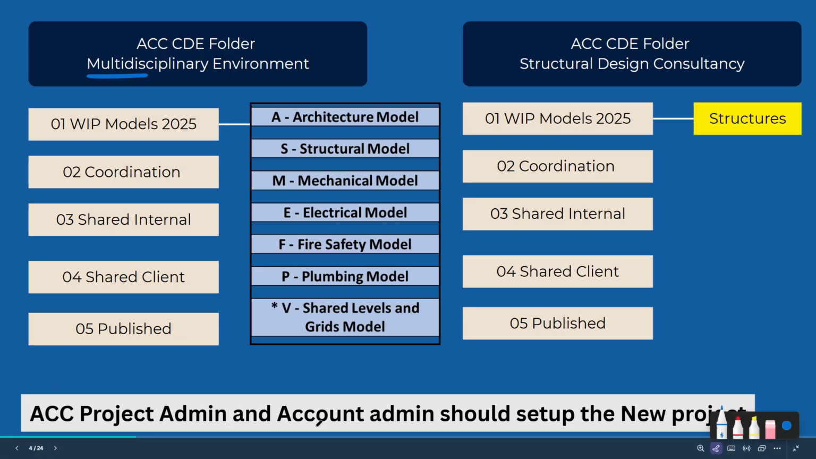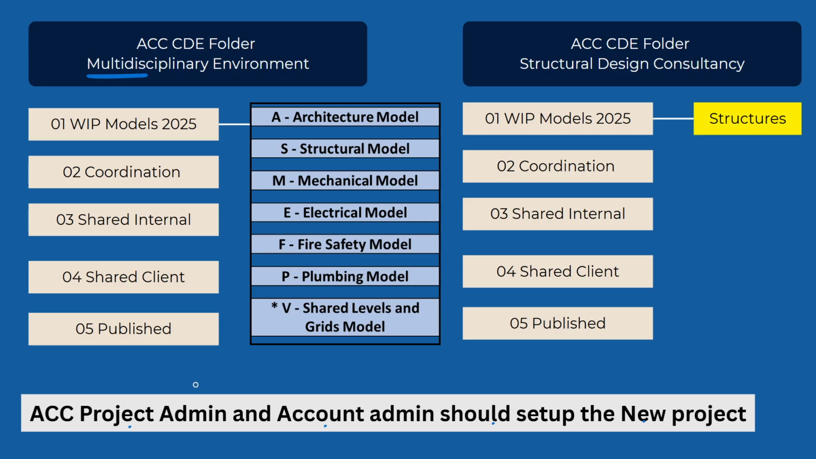So if you can see this at the bottom, I've just added a note here just to tell you guys, ACC project admin and account admin should set up the new project. Usually whenever in a company you are starting a new project, obviously BIM coordinator or BIM manager will have account admin permission or project admin permission. So usually you need to request for setting up a new project in your company. If you have this account admin permission in your company, then you can go and create that new project